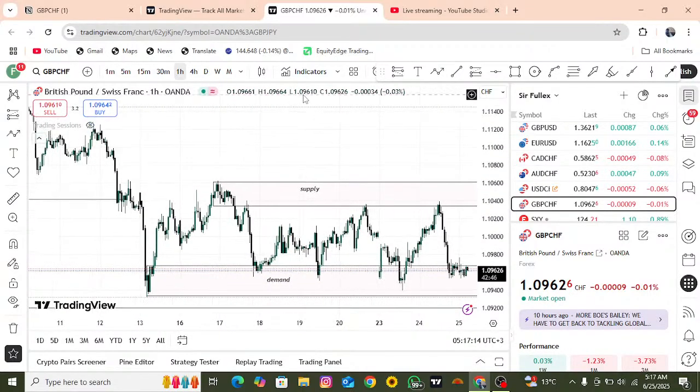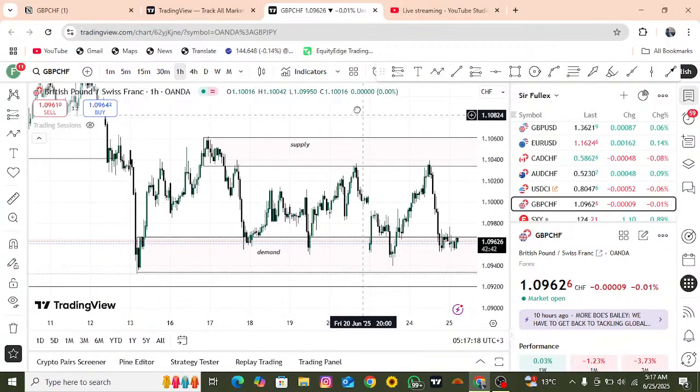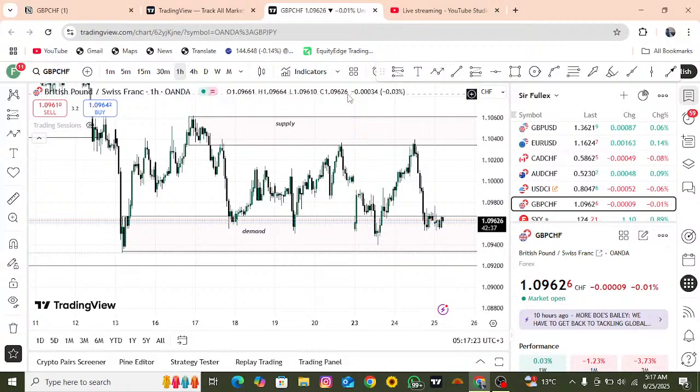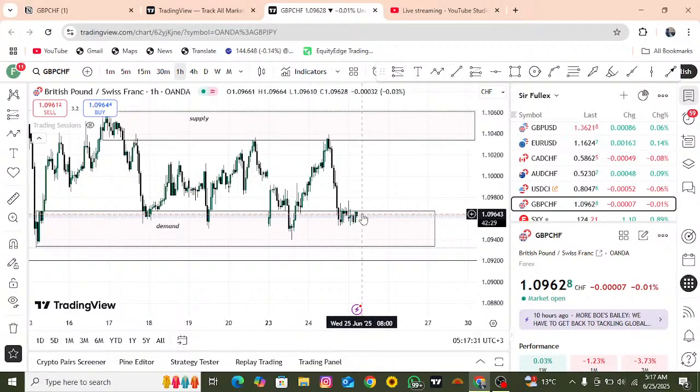Right, so we are there. This is a 1 hour. So of course, I just want to focus on the structure that is happening here and see if I'm going to see anything, because price has already tapped the supply on my higher time frame and demand on my lower time frame. Then I want to look at an internal structure,